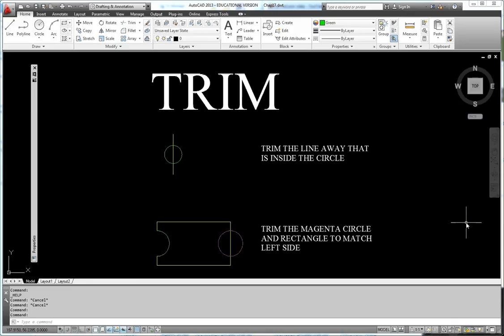In this case, I've got a green circle with a yellow line passing through it, and I want to trim away the line that's inside of the circle. So I'm going to leave the line on the top and the line on the bottom of the circle, but cut the middle portion away from the circle. So the best tool for that would be our trim tool, and trim is found on the modify panel on the home ribbon. So we'll pick the trim tool,